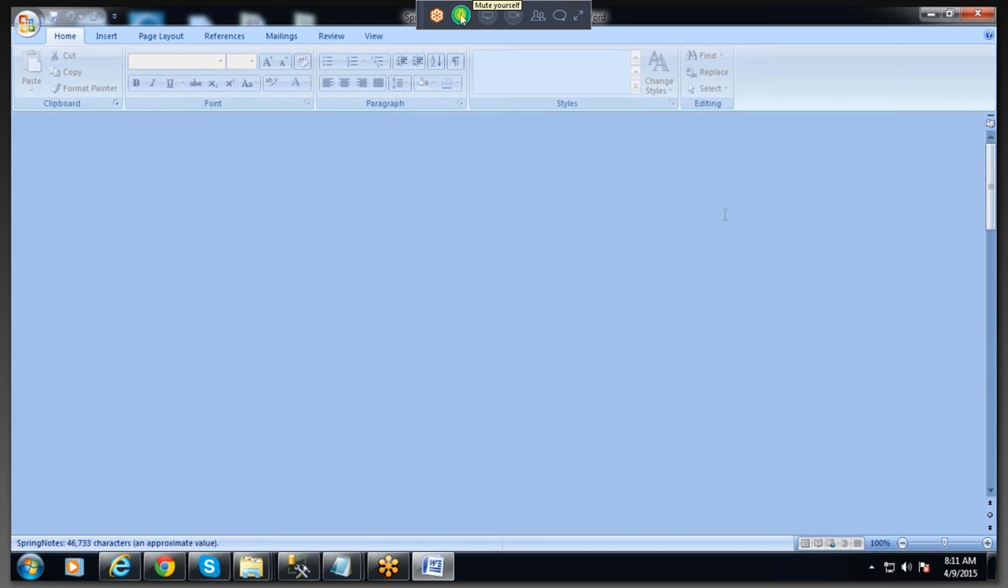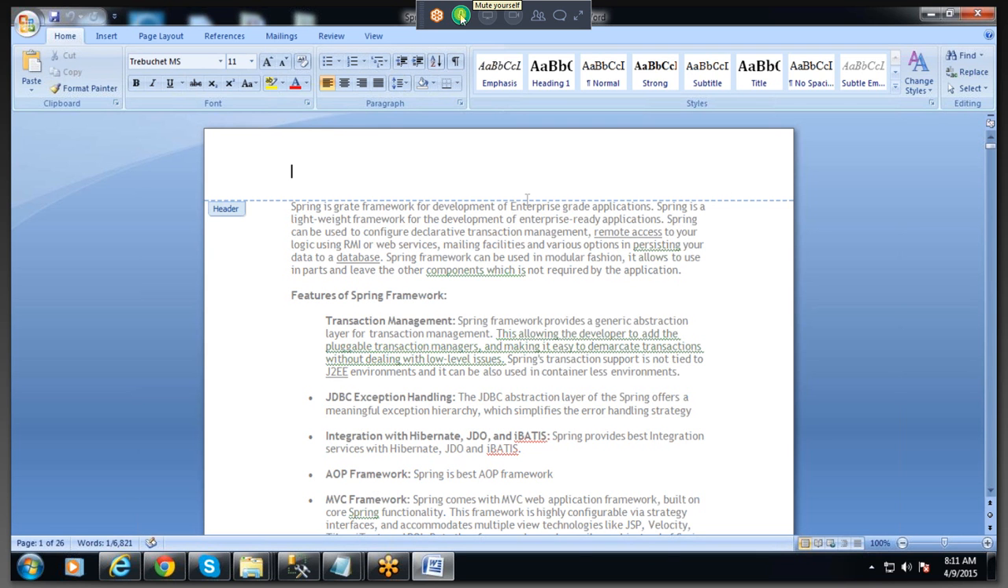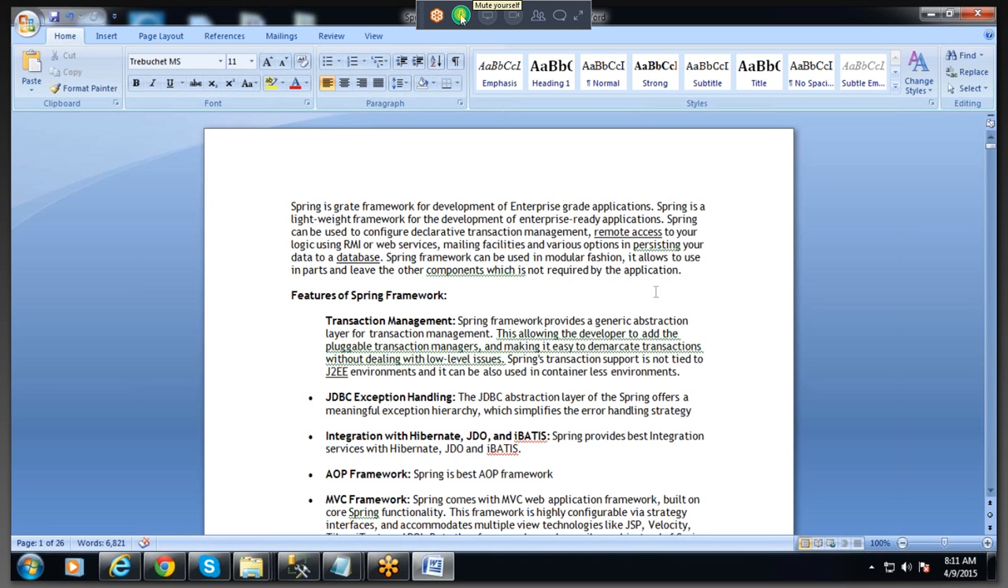So see what is actually the Spring here and why we need the help of Spring. So those things we will see here. Firstly coming into this Spring, Spring is actually a great framework for development and developing the enterprise grade applications. So if you want to make any kind of enterprise level applications, the main purpose of Spring here is the great framework for development of enterprise grade applications, because instead